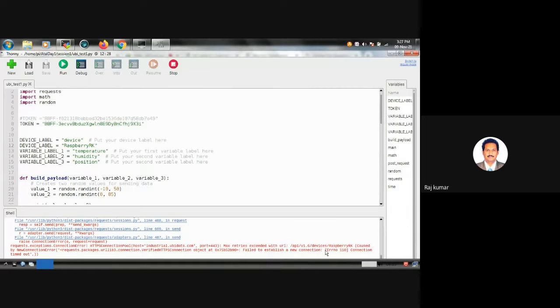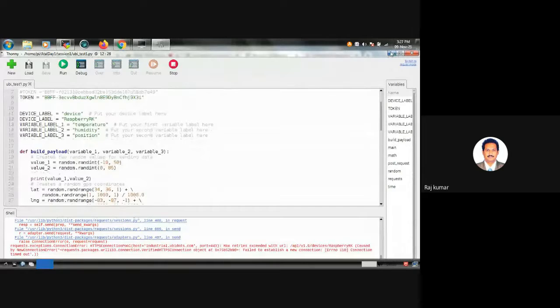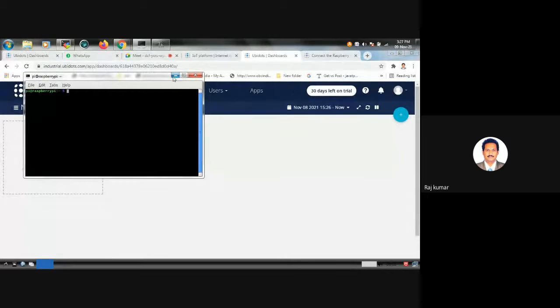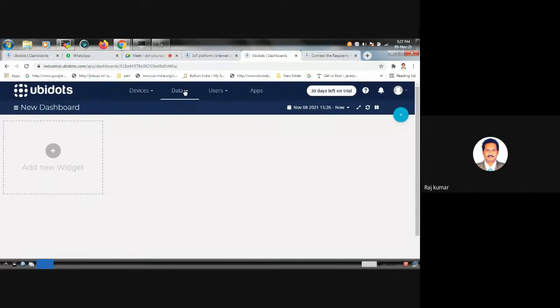New connection error number 110, connection timed out. Okay, we'll make one more attempt afterwards. But let us see what happened to the data.